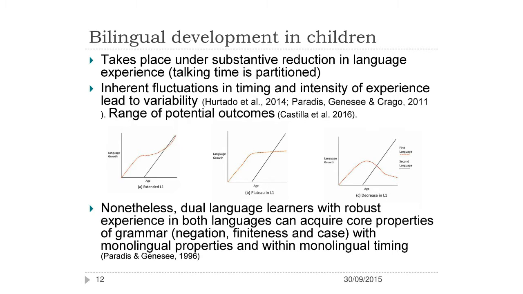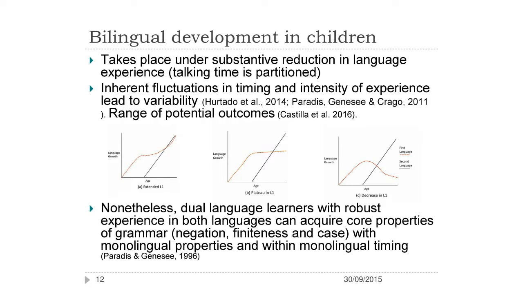But what I'm interested in, okay, and then we have bilingual development in children. So bilingualism takes place on what is a substantive reduction in language experience. Not that there is anything bad. Before you get alarmed, I think bilingualism is very, very good for children. But the fact is, you are only awake a number of hours and interacting with speech with others for a number of hours a day. A bilingual child has inherently partitioned his language.